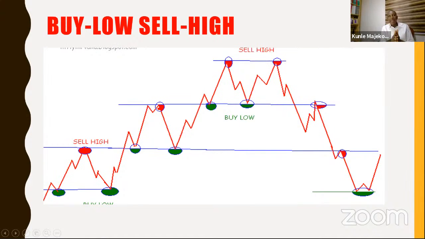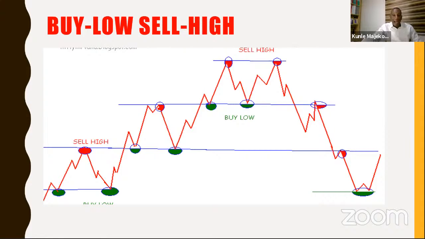You know what we do? You buy low and you sell high. When price comes low, you buy. Why do you buy low? When my price is low, it means price will go up very soon. So you buy when the price is low, expecting that very soon price will go up and you will close the market. Closing the market means you are selling.